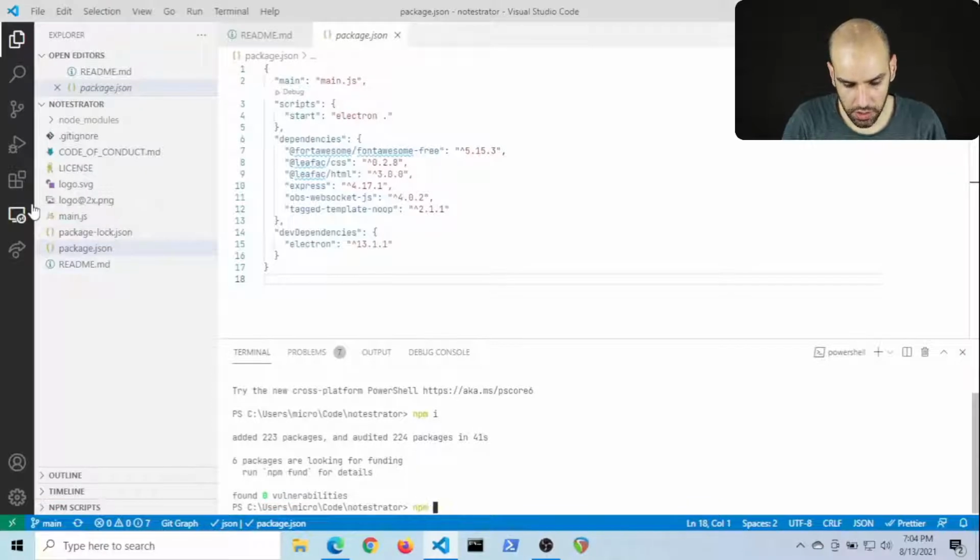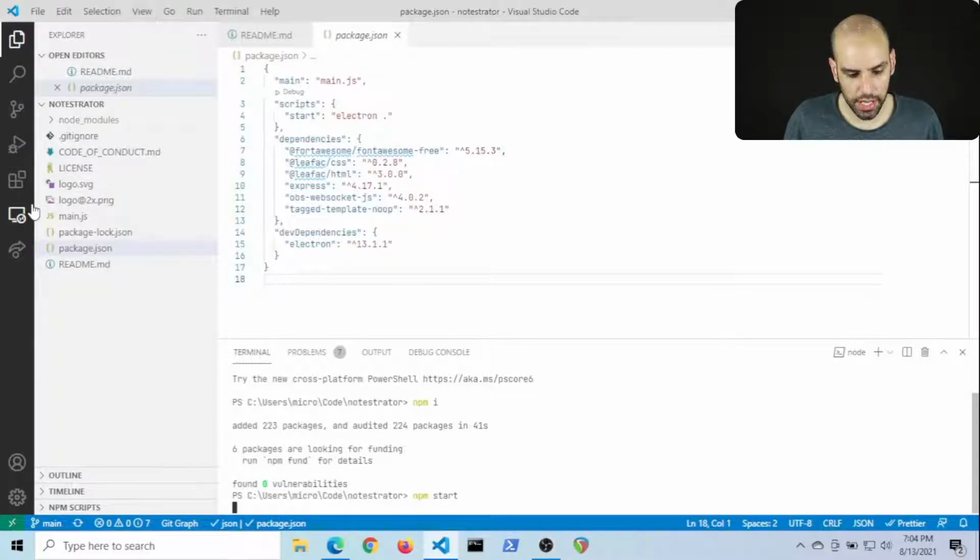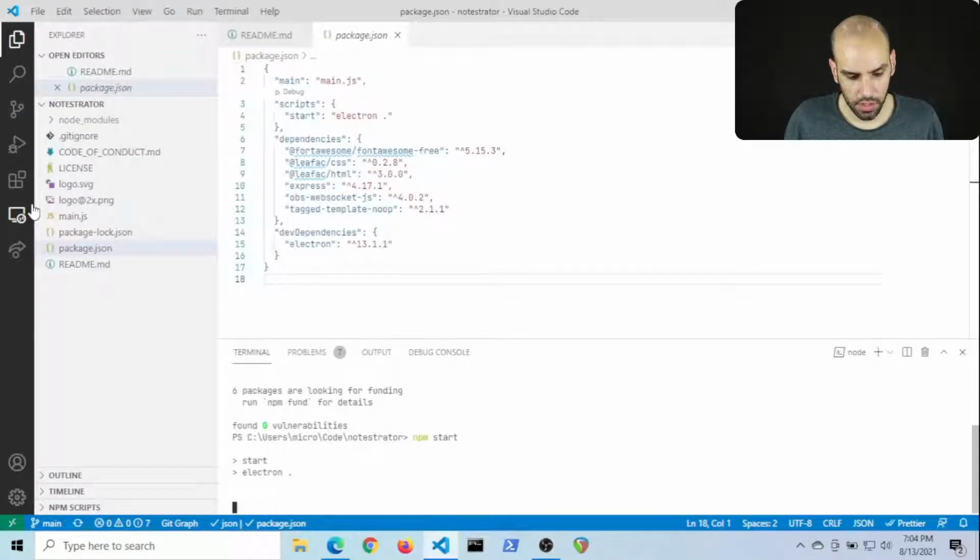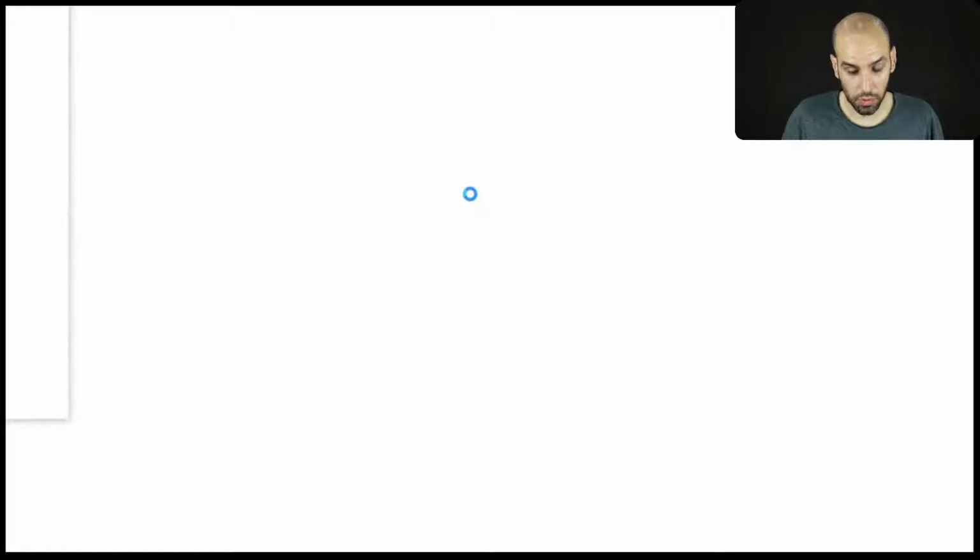Yeah, everything is installed and I should be able to start the app. Let's see what comes out. Last time the drawing screen was completely white and I couldn't actually draw, but the menu would show up. This time, I don't think anything is starting up. Maybe it's just being slow. Oh, it was being slow.